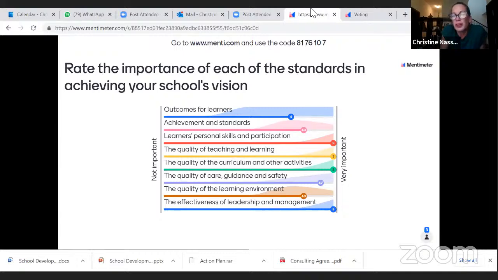I think the quality of the learning environment's an interesting one because you can have a really good school in an environment that may not have every resource in the world. And I live in Dubai, you can walk into some very slick schools and not see the best care, guidance, or safety, for example. I also